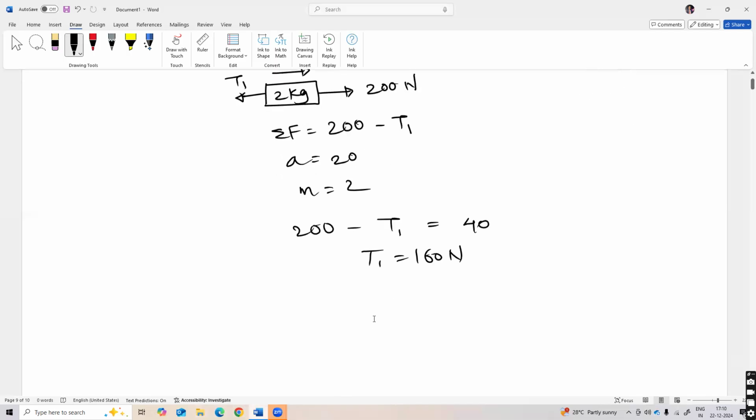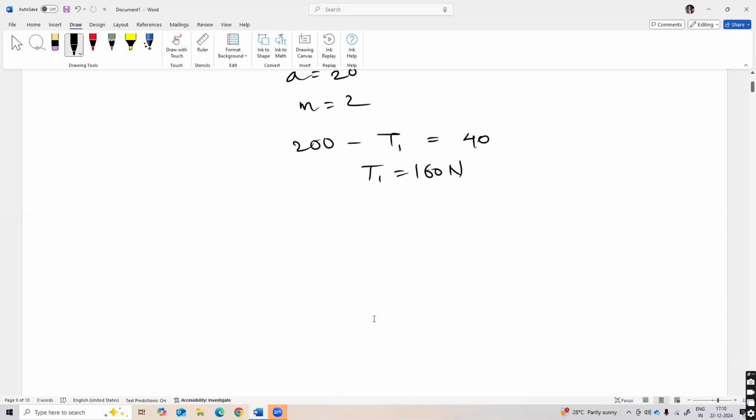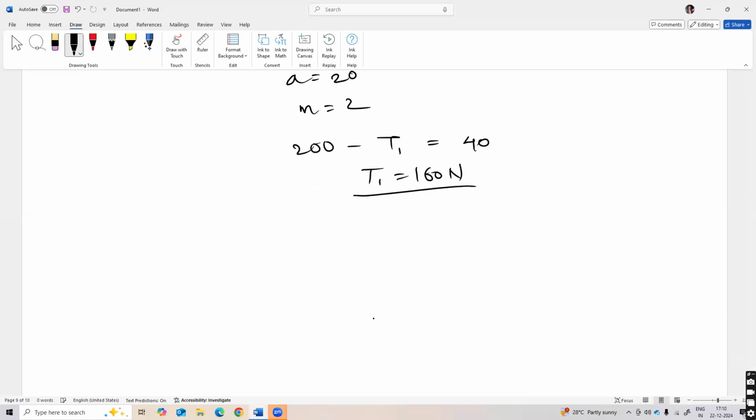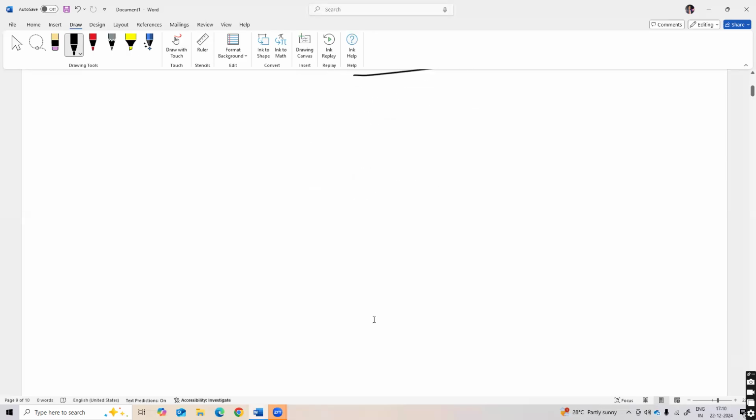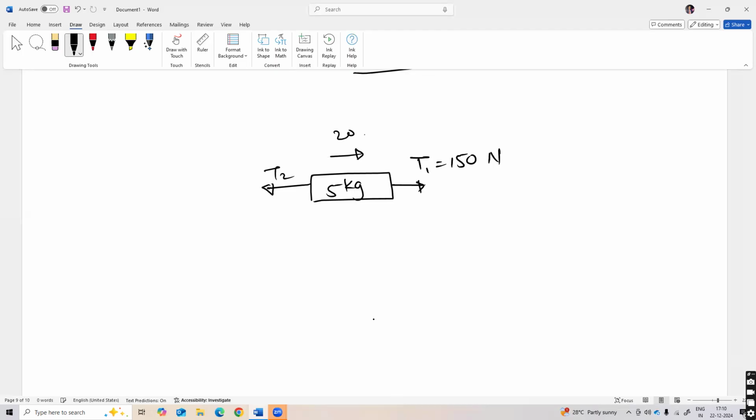Okay. Now we will move on to the second mass, which is 5 kg, from the right hand side. So in this case, there is T1, which is 150 Newton, on the left hand side. The tension on the other side is T2, and it is also having an acceleration of 20 meter per